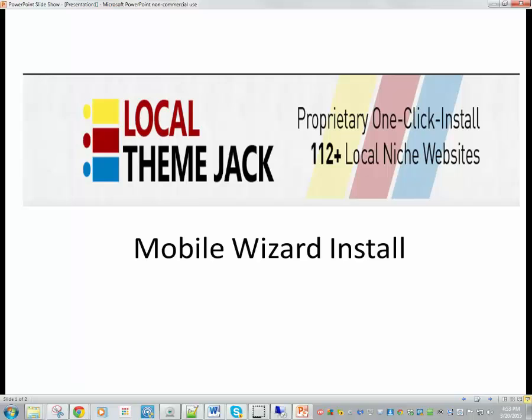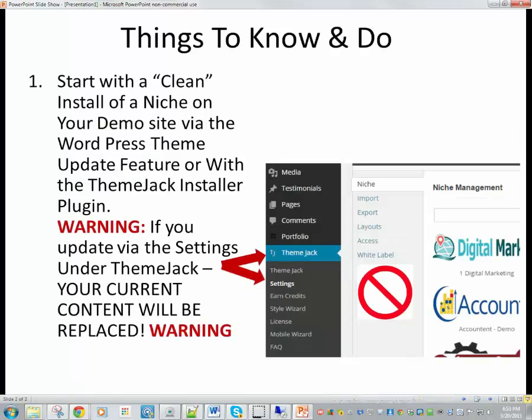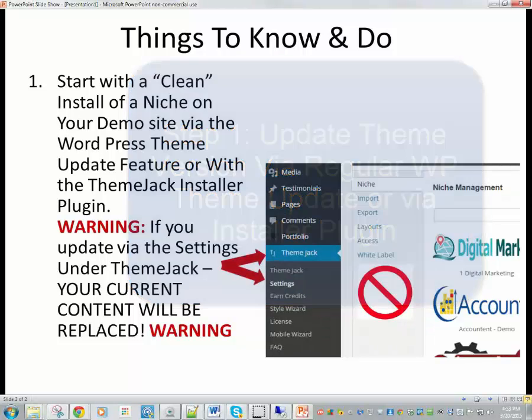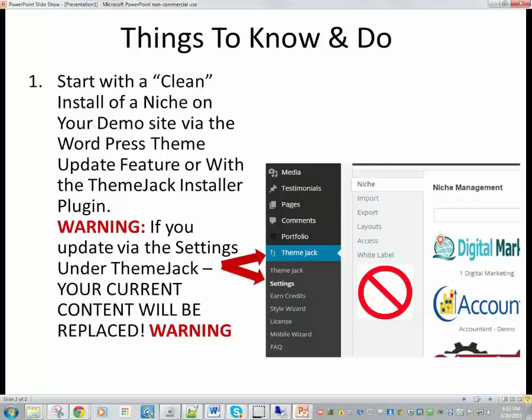We're going to show you a little bit how to install the Mobile Wizard on your local ThemeJack site. First thing you need to know, install the niche on your demo site via either the WordPress theme update feature, which you'll find at the top of the column on the left side of your WordPress site. Click on the update, and we'll show you that in just a moment. Or you can do install with the ThemeJack installer plugin, which is in the lower left side of your